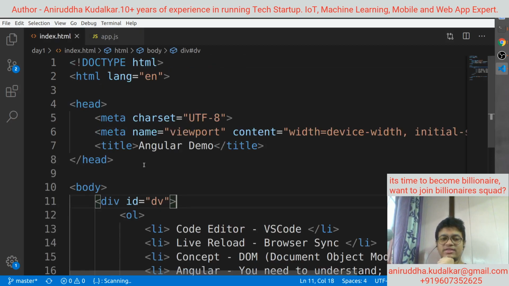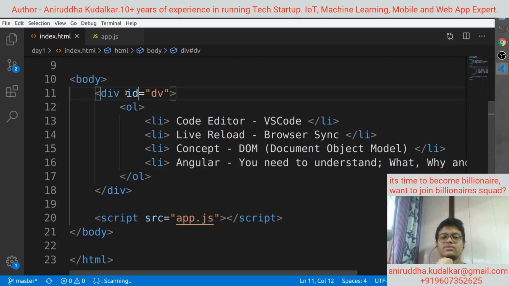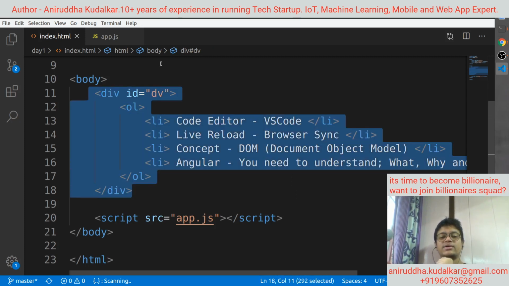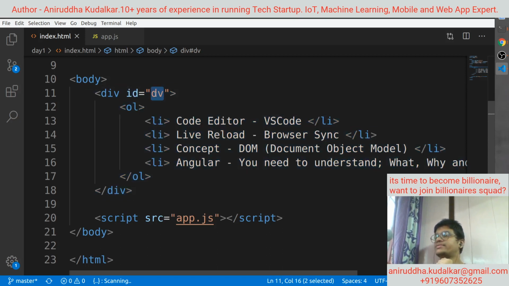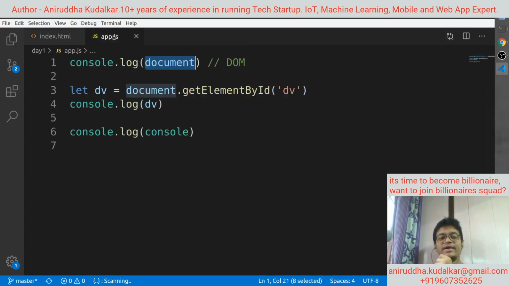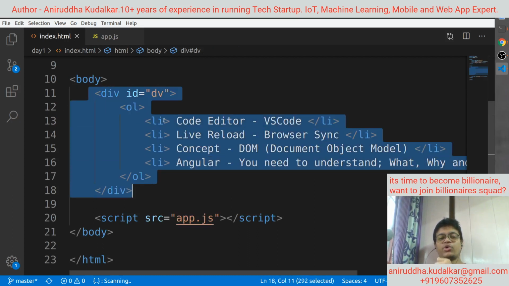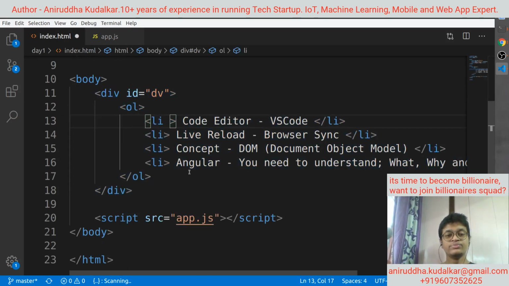So I know that this is HTML, and to this HTML I have given one ID, dv. I have given what? One ID dv, right? So to this div there is an ID called dv, and I want to access this element by ID. So here you can say document.getElementById dv, right? So it will point to this element only. If you want to access the particular list item, so ID, and you can say code editor, CE,